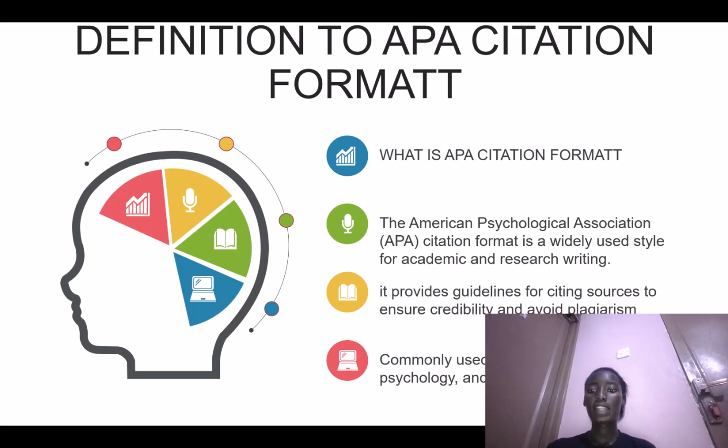It also provides guidelines for citing resources to ensure credibility, as we talked about credibility being an important thing when we were talking about plagiarism. So credibility, or crediting the author, is key for effective citation. So when you go to our next slide,